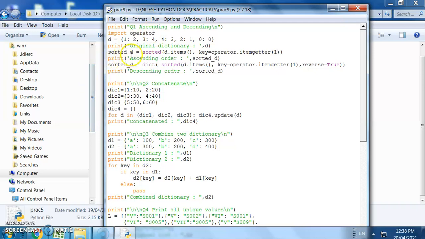For sorting purposes I have already specified one variable over here, so it is going to be sorted. Here we have specified the items, d dot items, and we are going to sort a list.